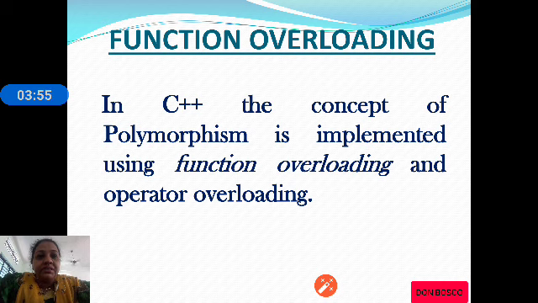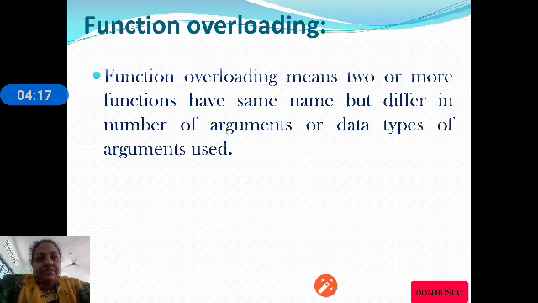So in C++, the concept of polymorphism is implemented using function overloading and operator overloading. Let us start with function overloading. Let us check what exactly function overloading means.